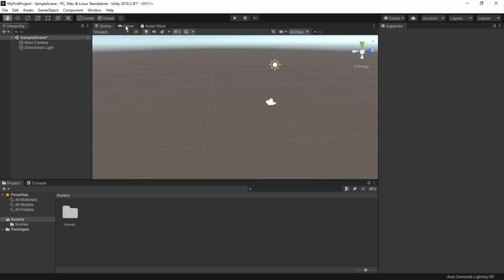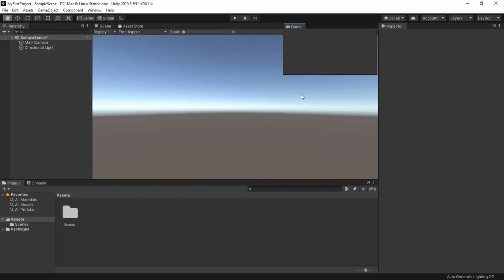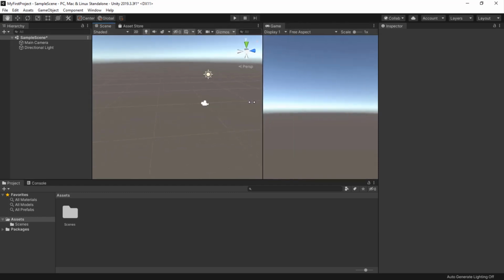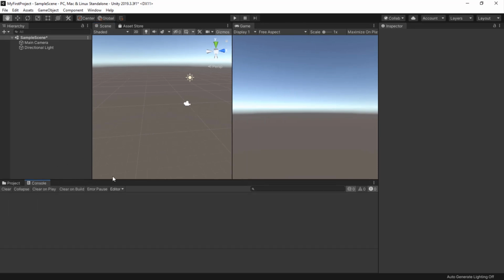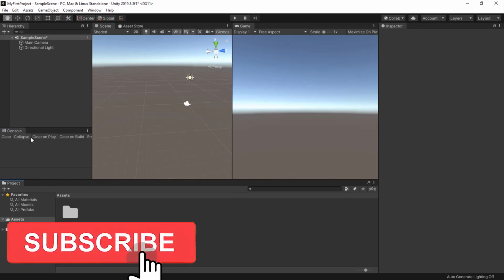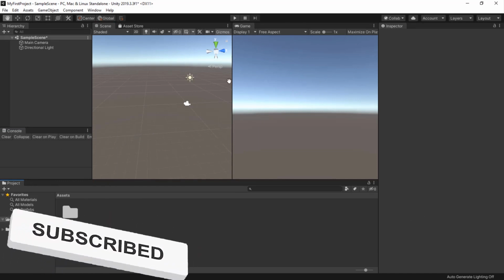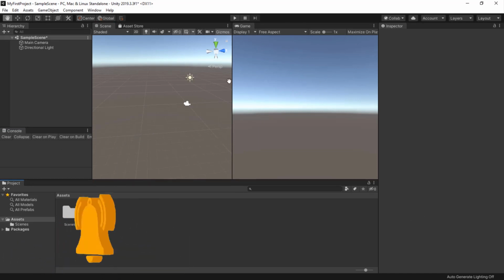What we're seeing here is the default layout. But if you've used Unity before and customized the interface, your arrangement may be different from mine. In fact, I'm going to change the panel's layout right now to show you how you can customize it to suit your needs. But before we do that, let's make sure we all begin from the same starting point. To do that, I want to show you how you can reset your interface layout.